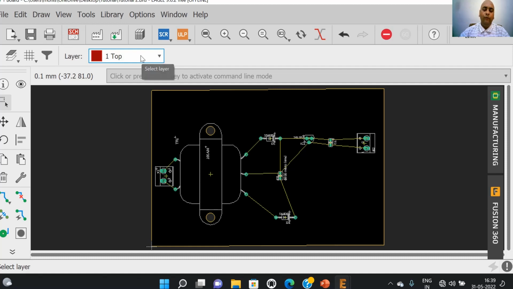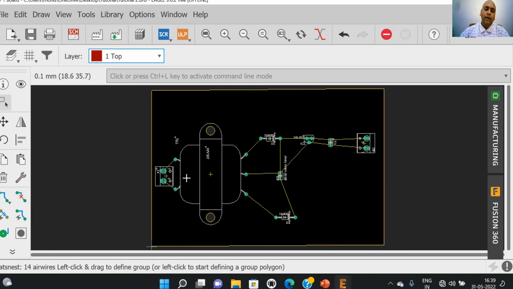So when components are present on the top layer and they are connected with each other using the top layer, the color of the traces will be red. When we connect components present on the bottom layer, the color of the traces will be blue.